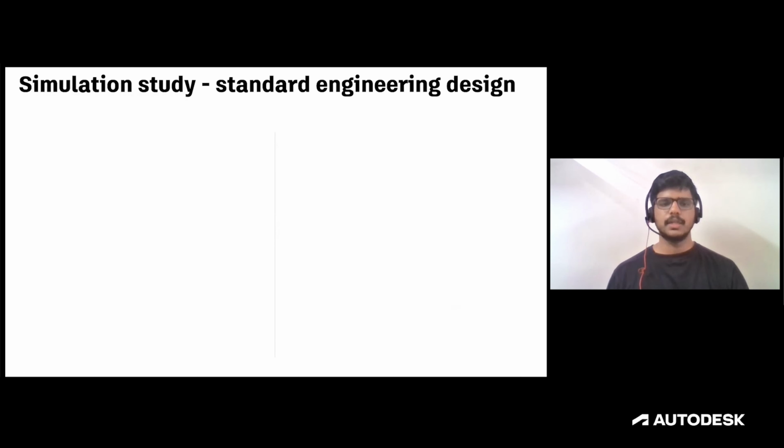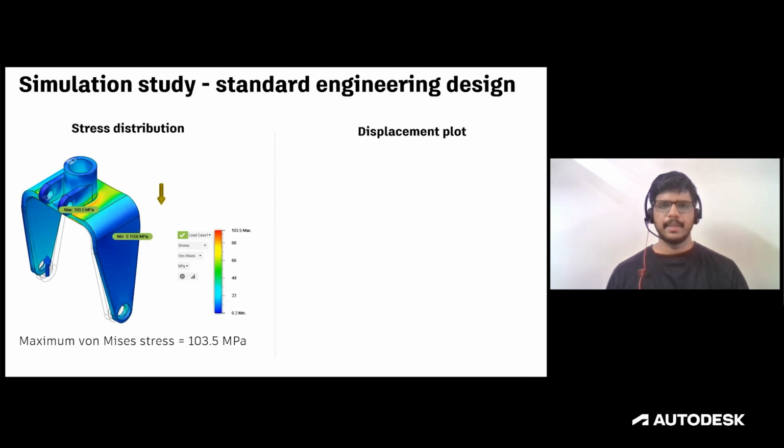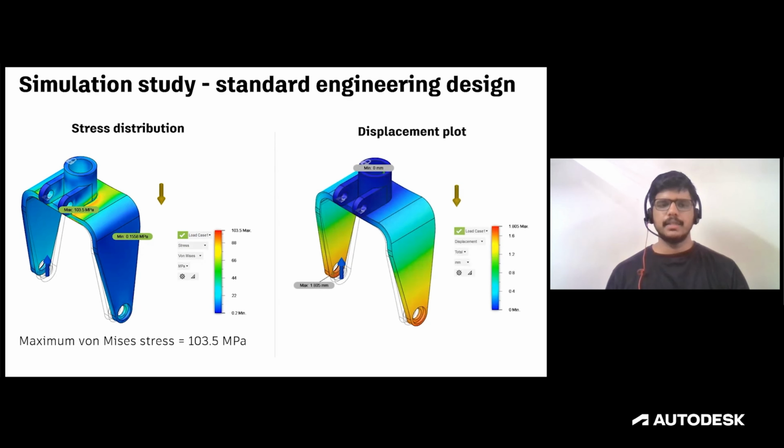After the post-processing was completed, we went on to perform the analysis on the designs, both our original design and the design from the generative design process. First, let us have a look at the simulation study performed on the design using the standard engineering approach. To the design, we applied certain loads and constraints, the same as those we applied during the generative design study setup. From the results, we now look at two major factors, the stress distribution and the displacement plot.